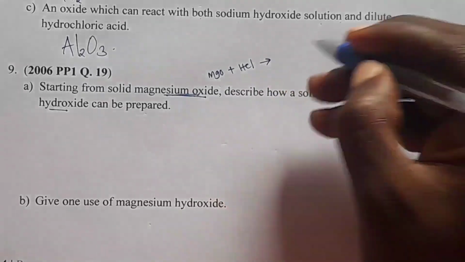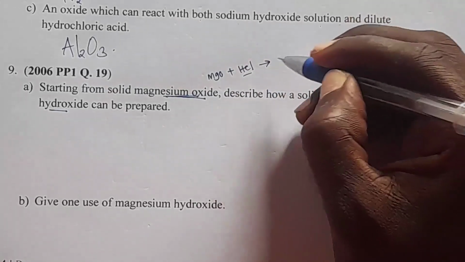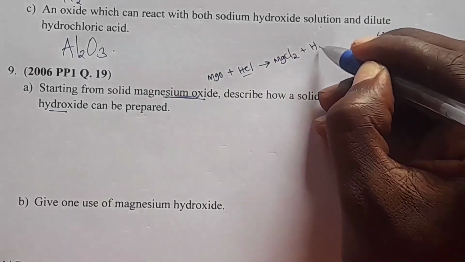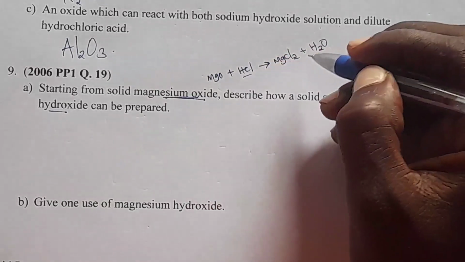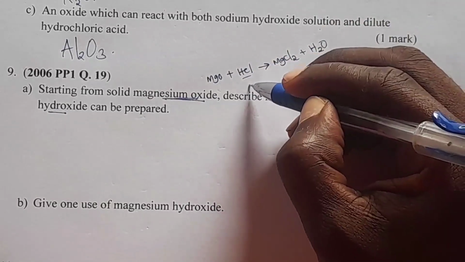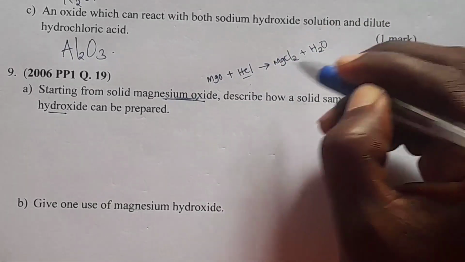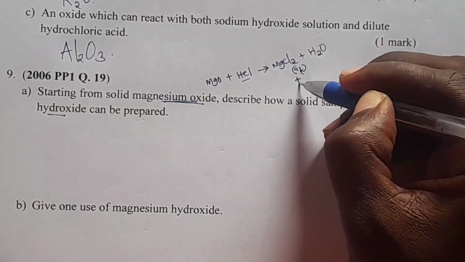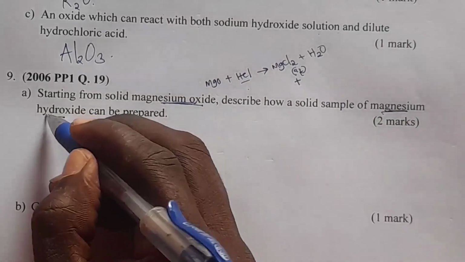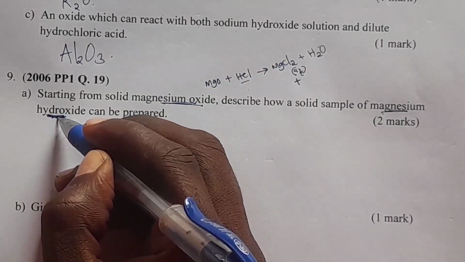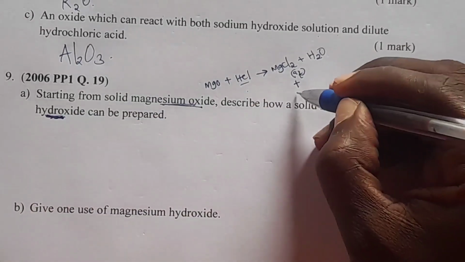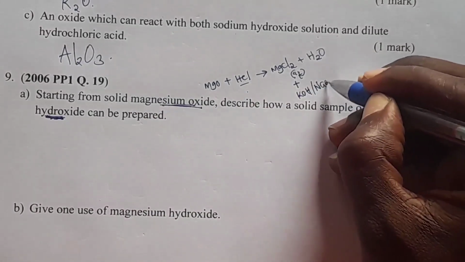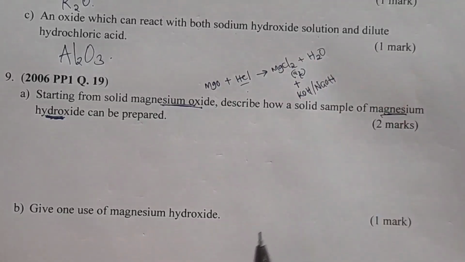So that means the product that we are going to get when we react with hydrochloric acid is magnesium chloride and also water, because this is a neutralization reaction. In case you react with sulfuric acid, you get magnesium sulfate plus water. So this is a soluble salt. Thereafter, you are supposed to react with a soluble hydroxide, because here they want magnesium hydroxide. So what we do, precipitation method, you can react with potassium hydroxide, or otherwise you can react with sodium hydroxide,